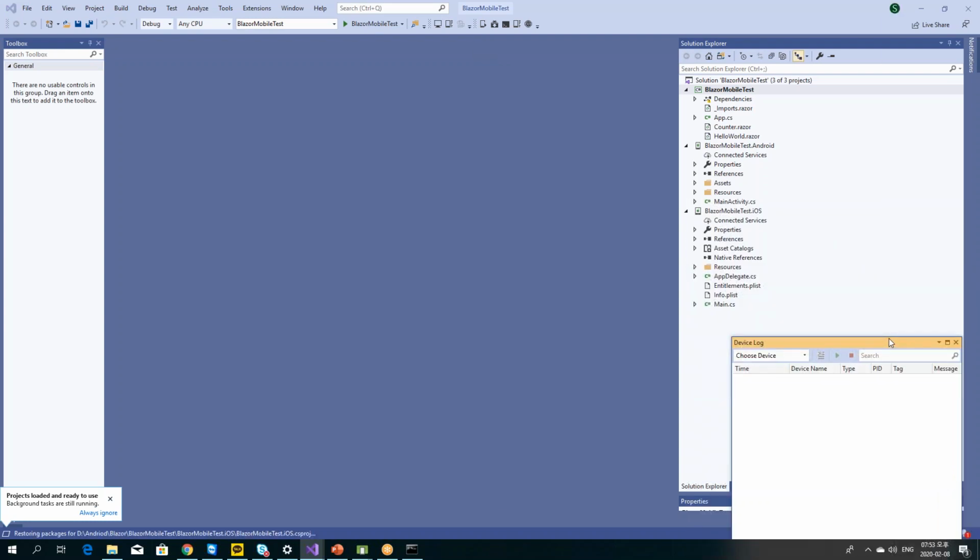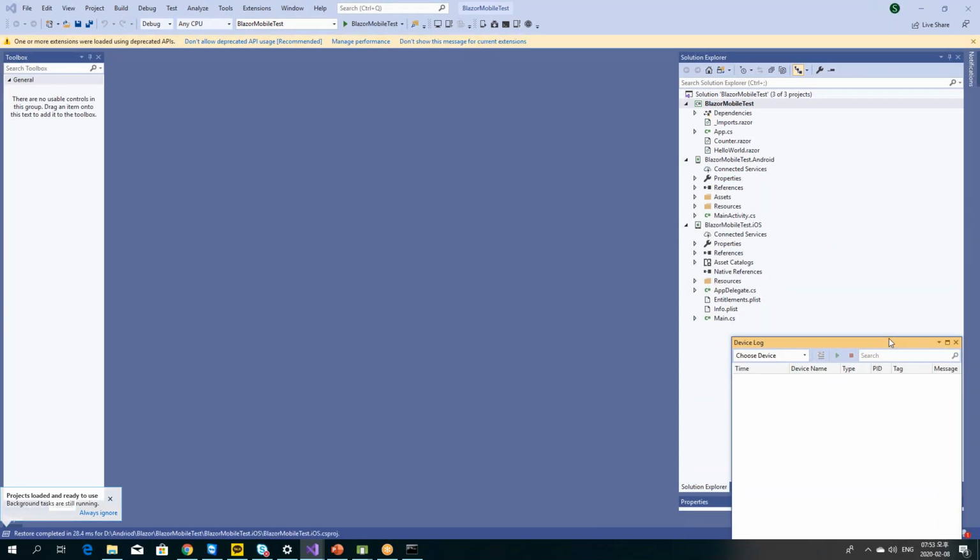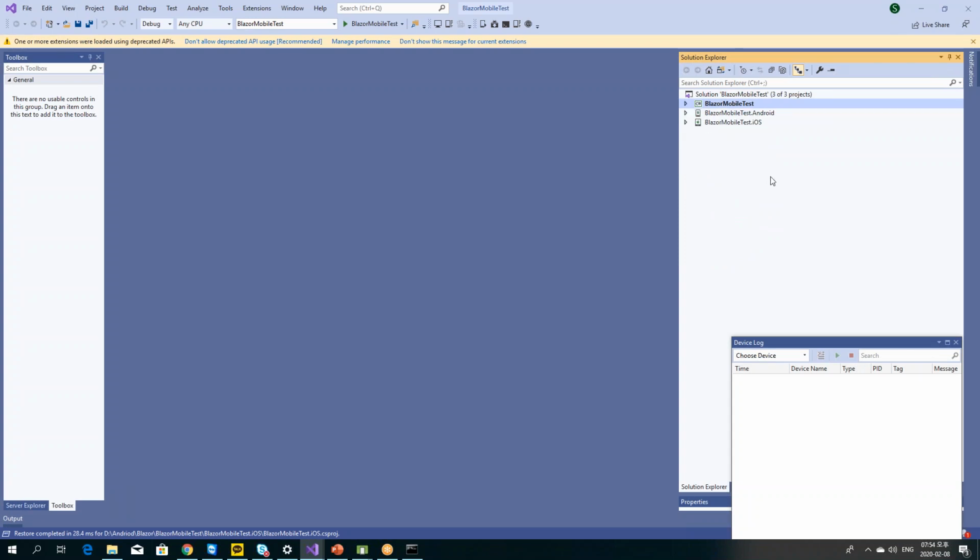Okay, now we have created the project successfully. When you open the project solution, here on the right in the Solution Explorer, we can see three projects added to our main solution. One is our project name, Blazor mobile test. Here we can say this project is the shared project. Here we will have all our Blazor components, and Xamarin.Forms UI components can be designed inside this